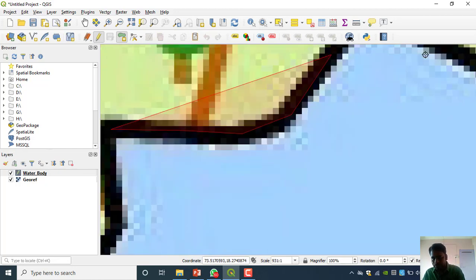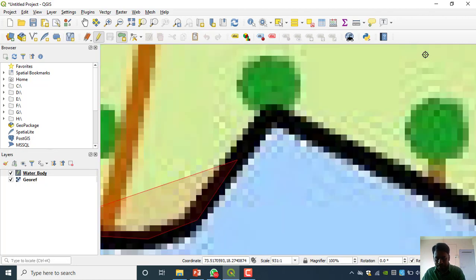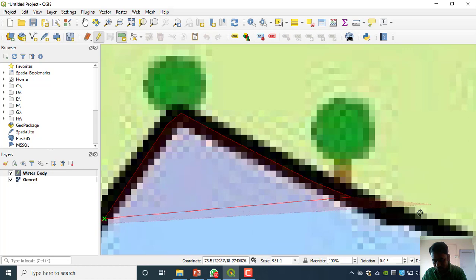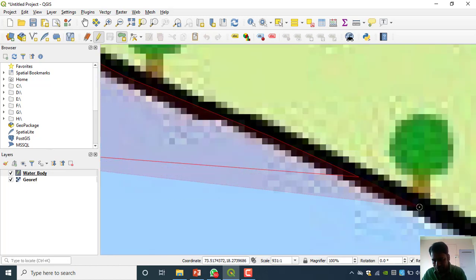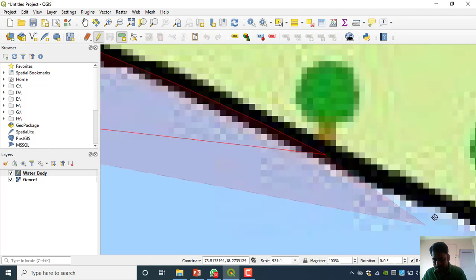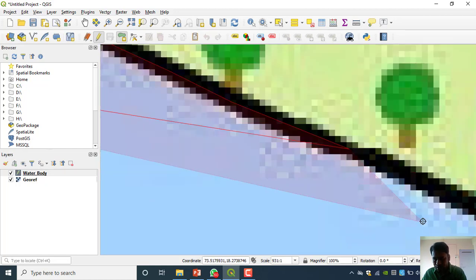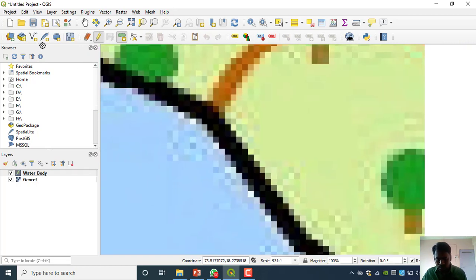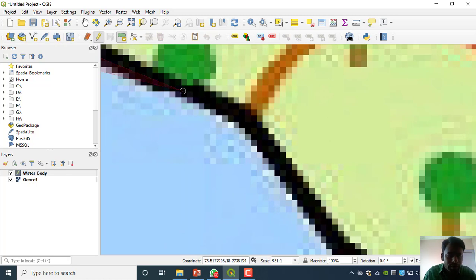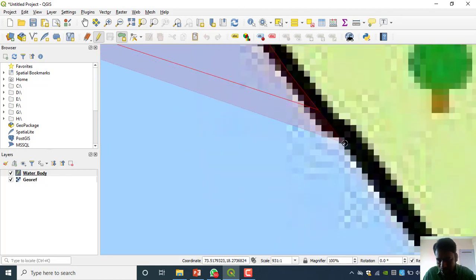Now I am using my keypad for moving the topo sheet. There are four keys, and in four directions I can move the topo sheet. We can use the pan also, but sometimes in the pan there are chances of a mistake. Sometimes I am using the middle button of the mouse, that is also useful.